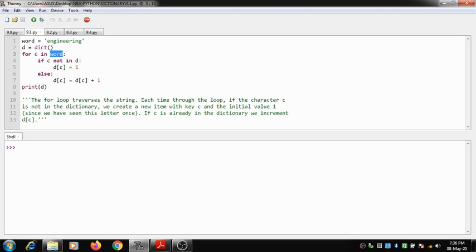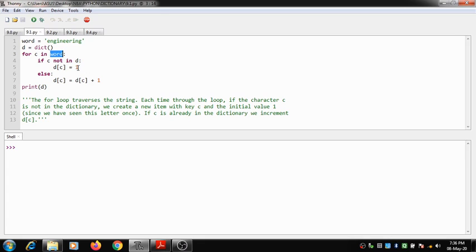I have used a variable C, which is going to check, for each character C in word, whether the character is present in the dictionary or not. If that particular character is present, then we skip the initialization and add 1 to that character, which means it is present.